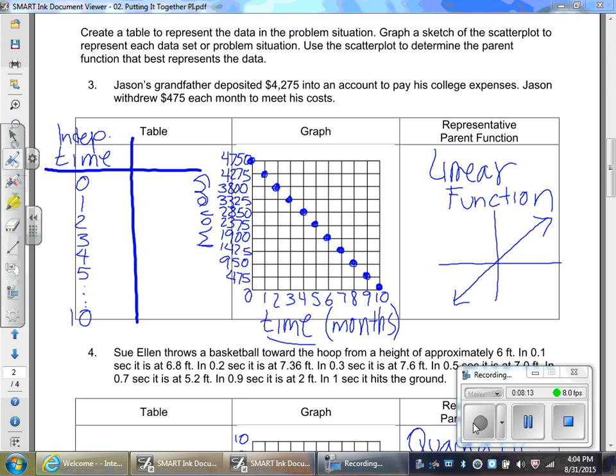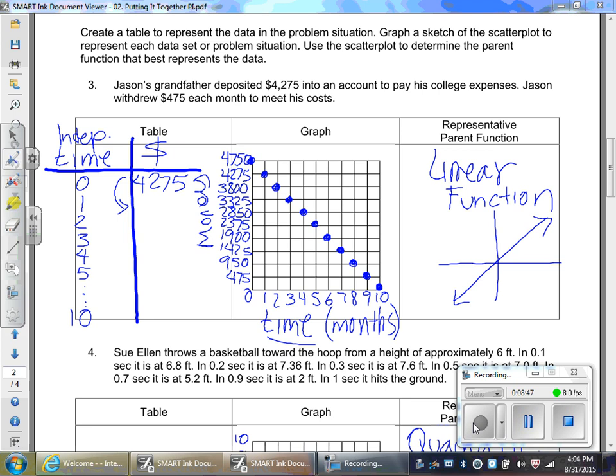Let's read the problem. So Jason's grandfather deposited $4,275 into an account to pay for his college expenses. And he is allowed to withdraw $475 each month. So what will happen here is that we start at time 0 with $4,275. And so to find out what will be the next amount, you could subtract 475 and